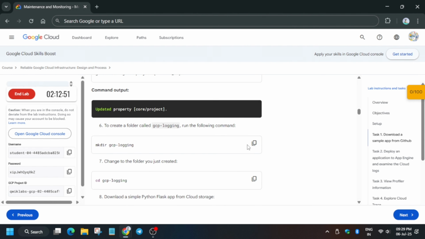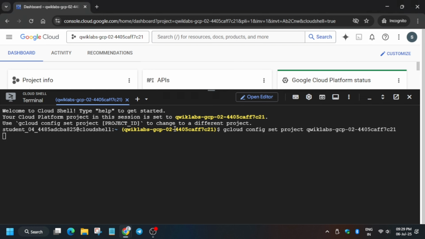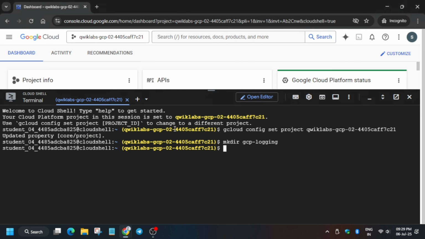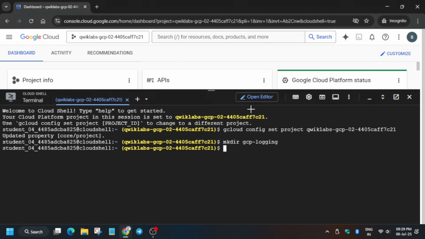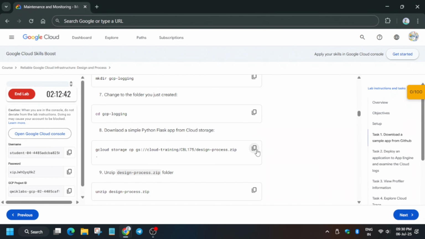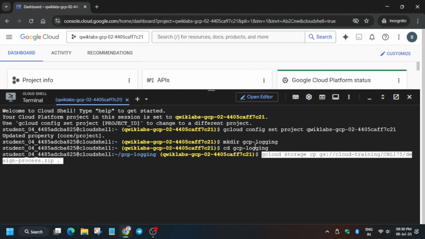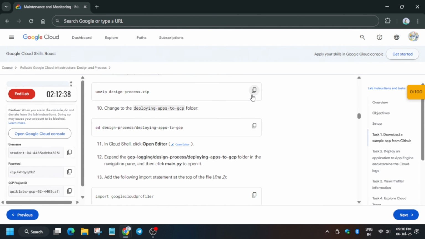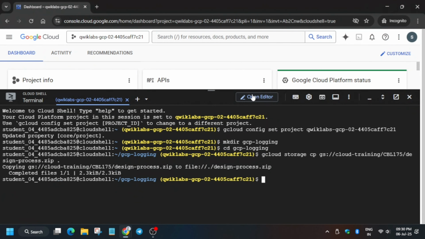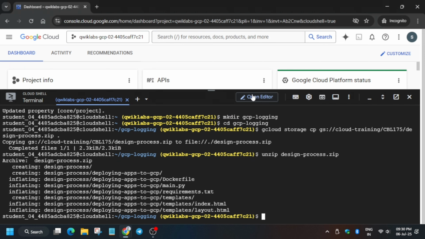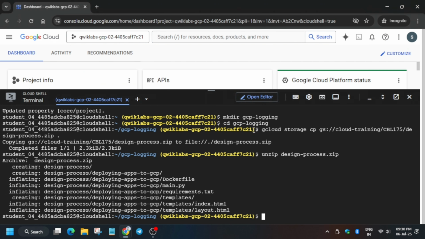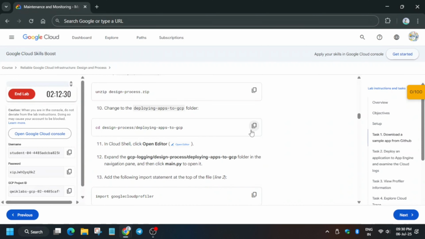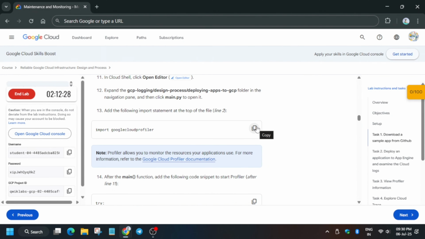Now here let's create the folder named gcp-logging. So just run it. We have created it. Now we have to just come to this directory, and now here we will download a single Flask app. So just run it, and then we have to just unzip all the files, and now finally we have to just change the directory first of all, and then we have to modify the